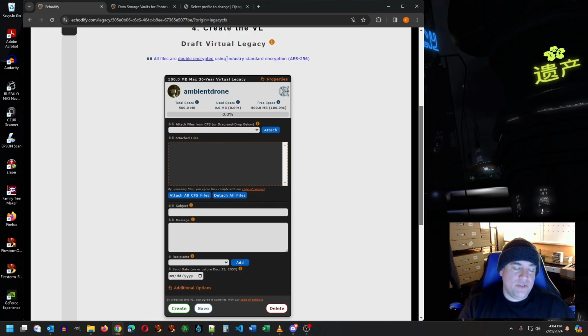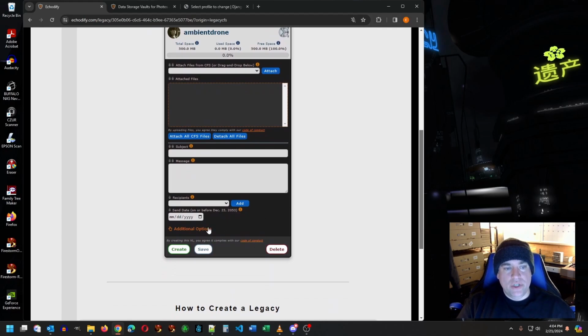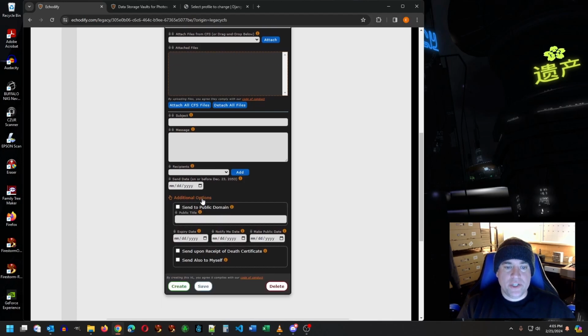And now that we have this VL back as a draft, let me go ahead and scroll down just a little bit and draw your attention to this button. It's essentially a button, but it says Additional Options. And if I click it once, it's going to expand down an additional options section, most of which is identical to Echo's additional options. So just as a quick overview, because I do cover a lot of this in the How to Create an Echo instruction video,